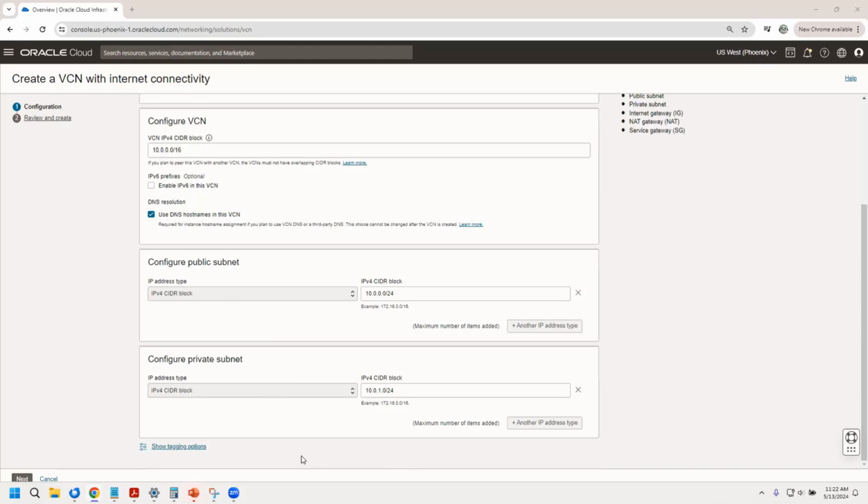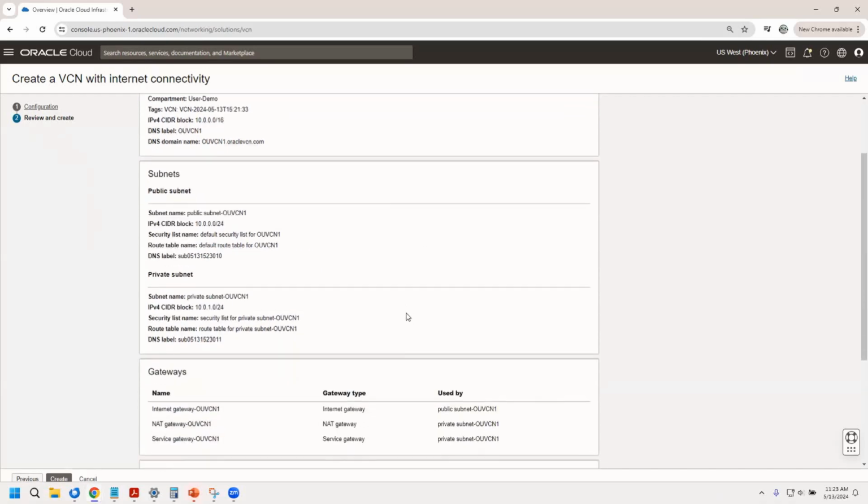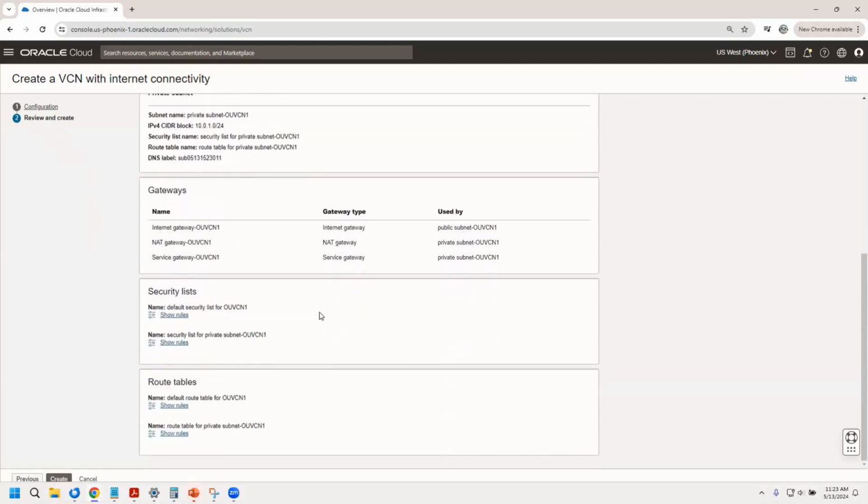I leave the defaults and I click Next. Now it asks me to review before it creates it. It tells me the VCN that I will create, as well as the public and the private subnet and the gateways, along with security lists, so I can address security access to my network, as well as the route table. I click Create,